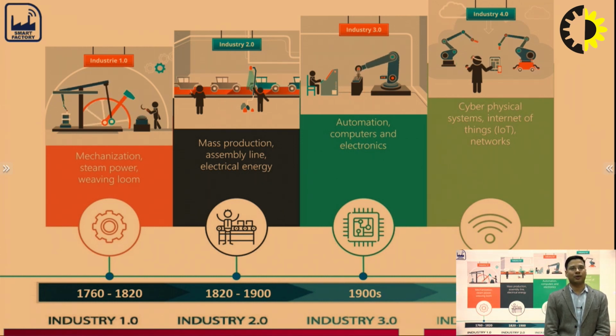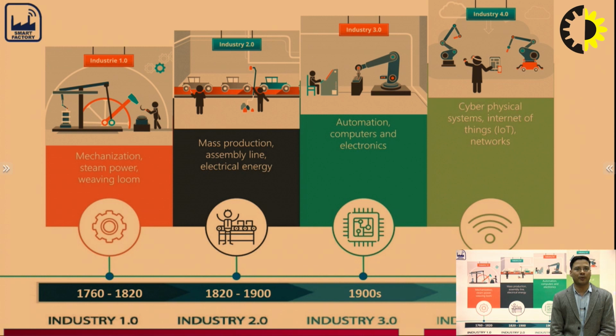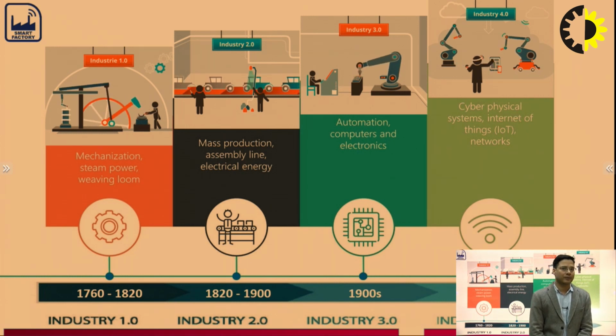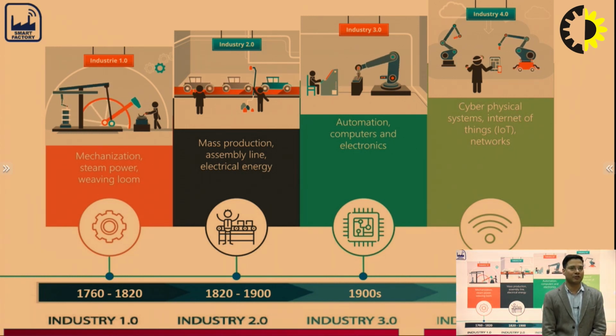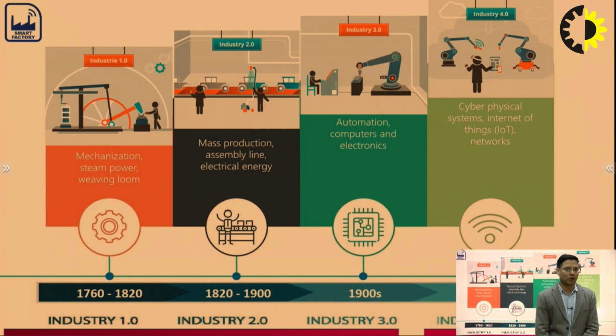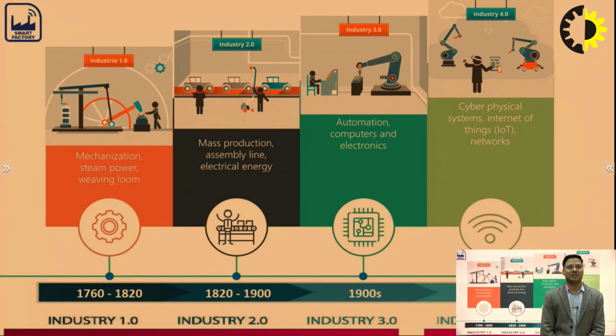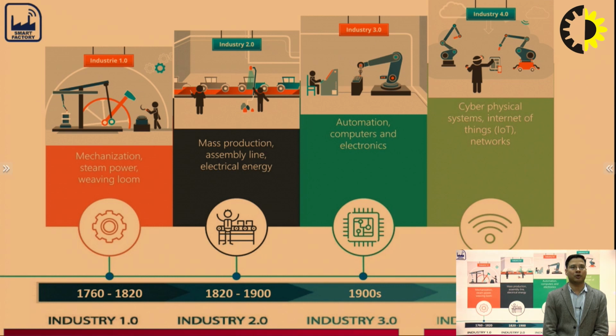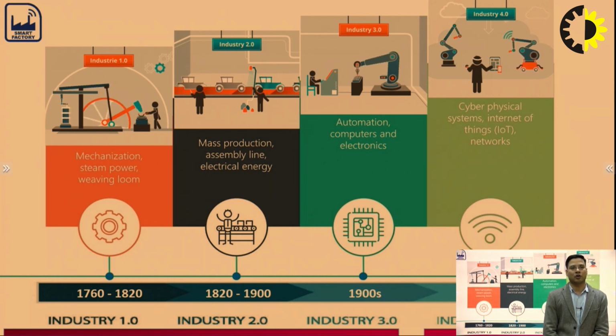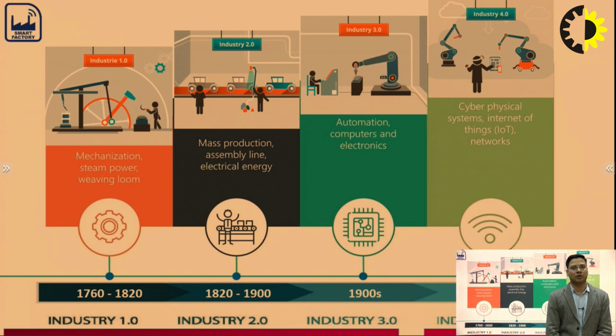What we are doing presently is actually industry 4.0. We have not yet achieved the complete integration of industry 4.0. We can say that in India, or in some parts of the world, we are still striving to implement industry 3.0. Since robots came into existence in industry 3.0, which are now being integrated with the internet, this industry 4.0 has been given the recognition of IoT, or wireless communication, or Internet of Things.